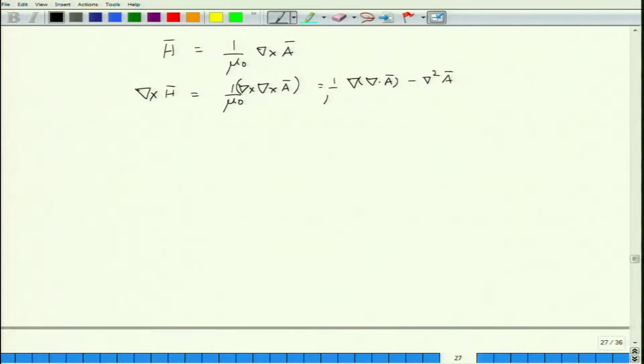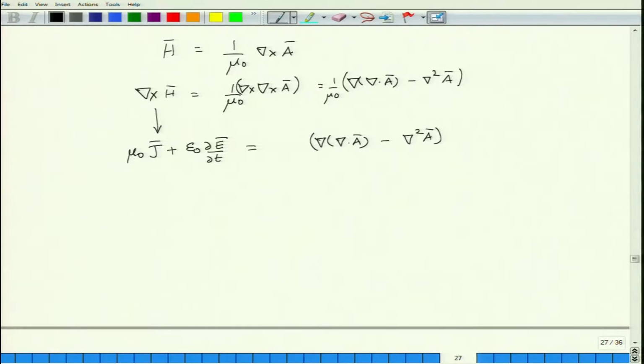There is 1 by mu naught out there. So this is the equation. So let's write down this. What is del cross H? Del cross H in the medium where you have both conductivity as well as dielectric, or rather the displacement current, will be given by J plus epsilon naught del E by del T, correct. So it will be J plus epsilon naught del E by del T, which should then be equal to 1 by mu naught times del of del dot A minus del square A, okay, and you can take this mu naught onto the left hand side, and therefore this becomes mu naught J.